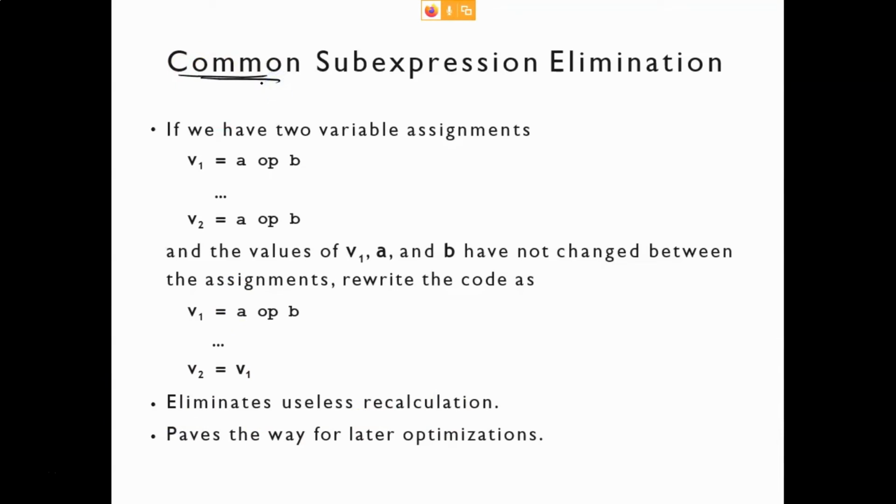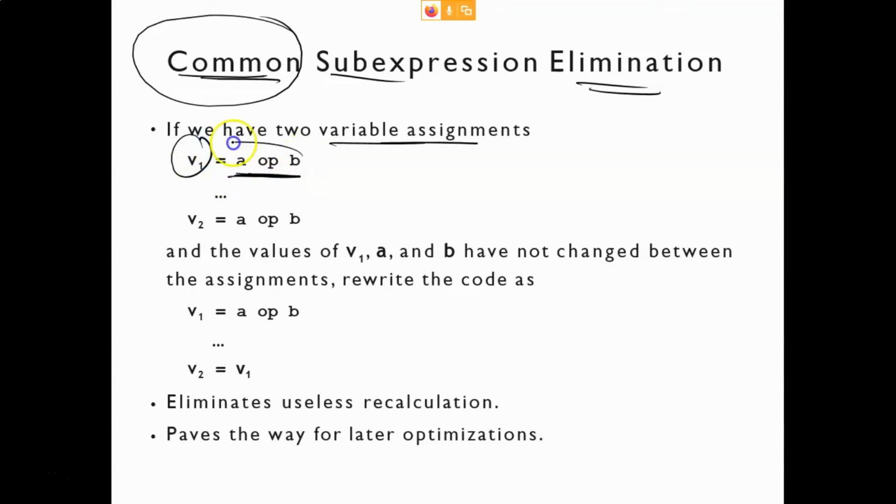So far we were only looking at the program and we were solving the question. But if we know the formal definition, then things will become very easy and we can do all these things very easily. So what is this common sub expression elimination definition? The definition is this: if we have two variable assignments like this, you are assigning A OP B to V1.